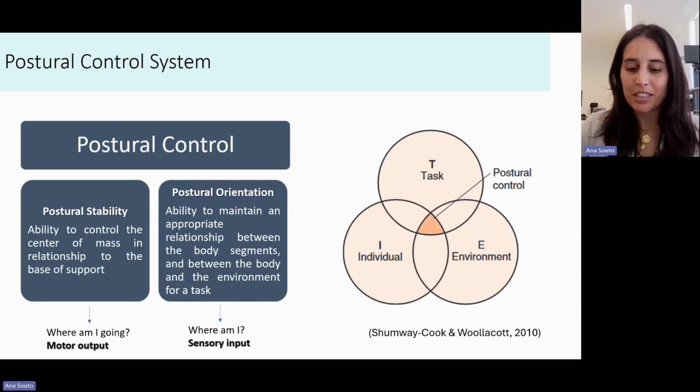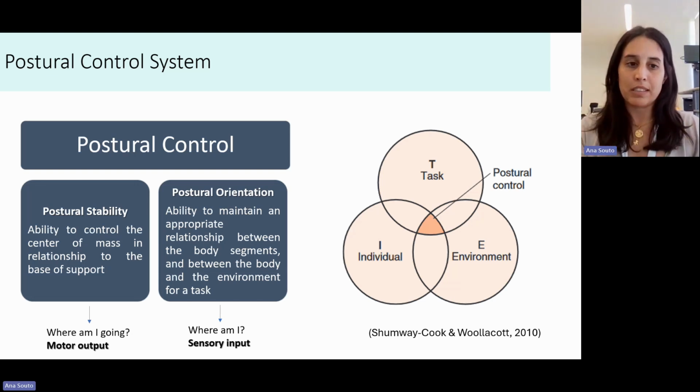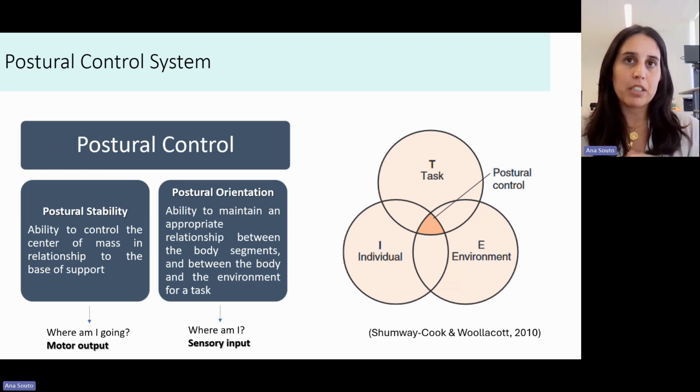Before we go more into depth on perturbation-based balance training, let's recap a few important aspects related to postural control. So we know that postural control serves two purposes. We have the purpose of postural orientation, the ability we have to orient ourselves within our environment, to create an image, a picture of ourselves in relationship to our surroundings. Here we are talking about the information that we can collect from the environment to build this image, so we can answer the question of where am I? And then we have the purpose of postural stability. This is the ability we have to control our center of mass within our base of support, the motor output, the adjustments that we have to do in order to